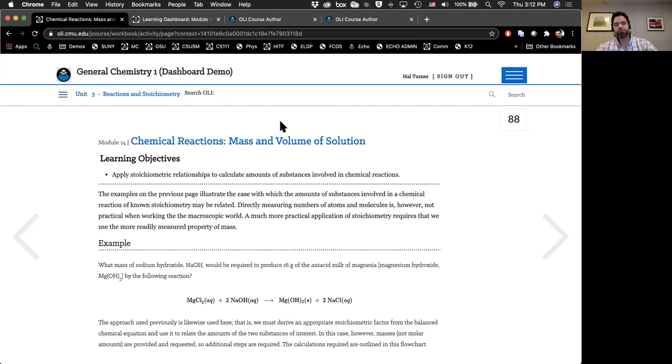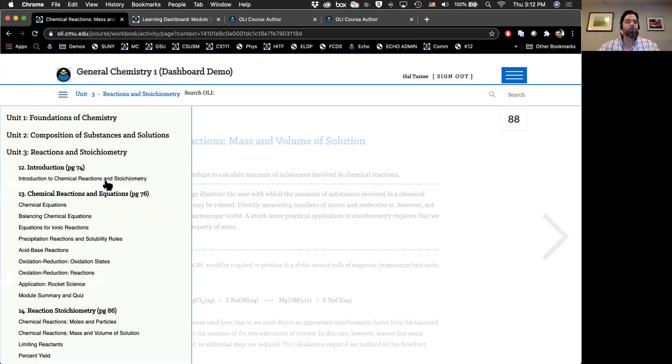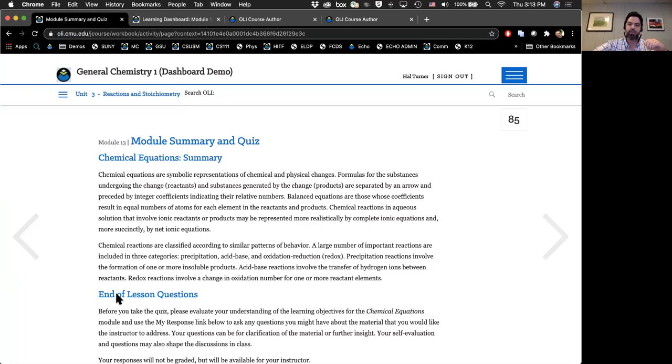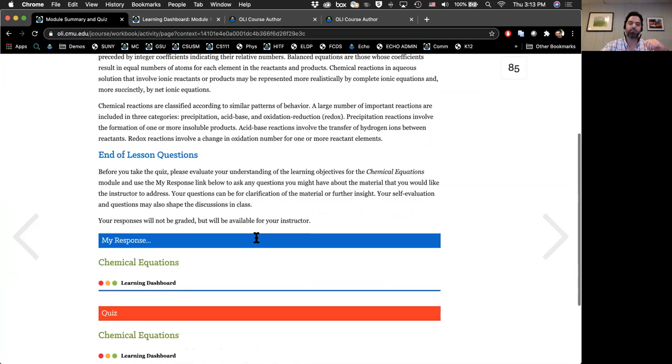Each of these modules is going to be designed essentially the same way. We've got an introduction, and then the natural progression of the instruction throughout the module. At the end of the module, we're going to have synthesis activities, which in chemistry in general tend to be labs, and then a module summary and quiz, because we want smaller tests more often rather than one large test at the end. So the structure of the course will generally be consistent, and you'll have the same